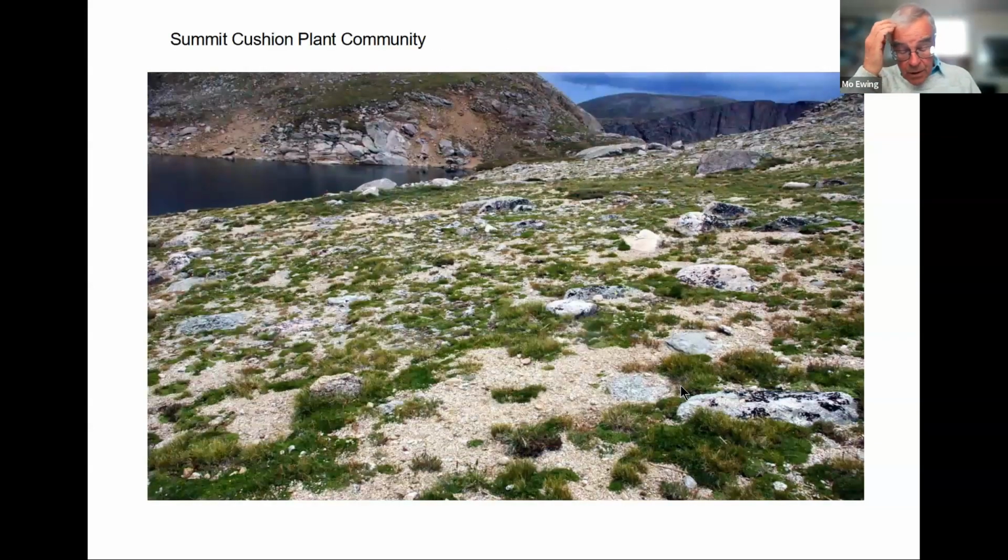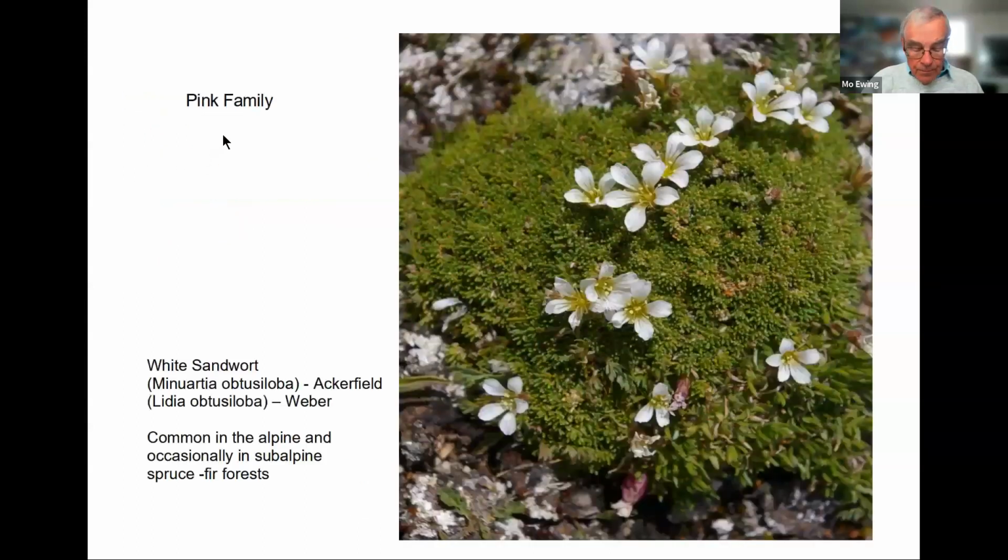NatureServe describes the location of cushion plants as flat ridges covered with heavy snow with often sparse vegetation. This is a perfect example of a cushion plant community. These are plants that grow only a few inches tall, and they do that because they live in a really, really tough environment. First species in this group is